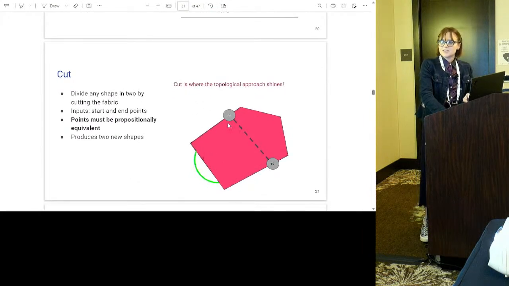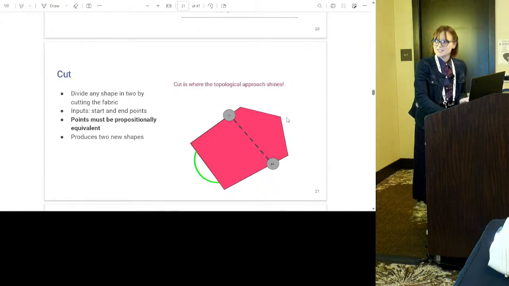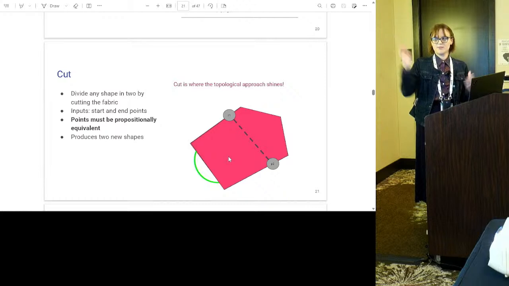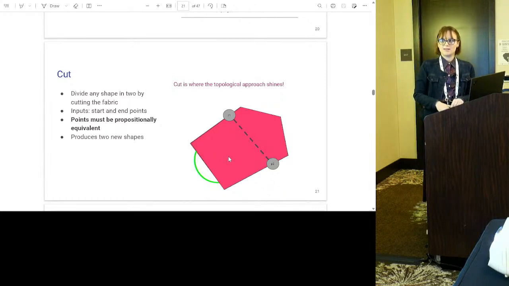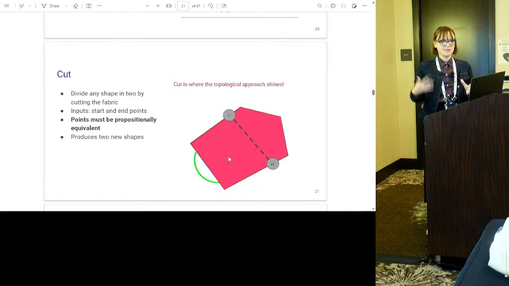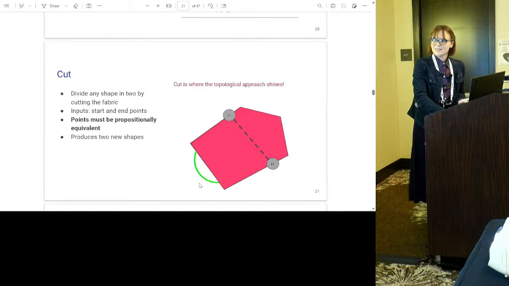But if you can imagine a shape, here you have a pentagon, and you can cut between point 1 and point 2 easily, right? That just makes sense. But imagine if instead this corner here was down here. That wouldn't be as good, because if you're cutting a straight line, you would go through empty space, which we wouldn't want, and that's one of the pitfalls of geometry. So that's why this is really the place where we love topology. Topology is our friend.